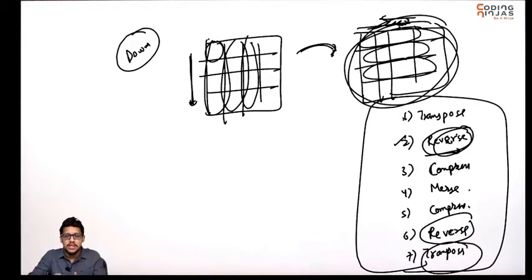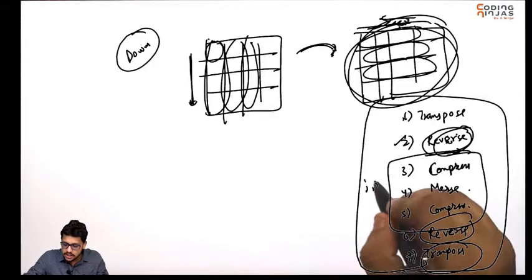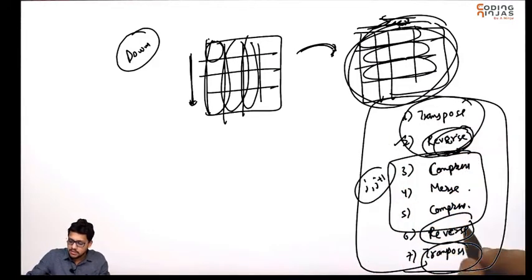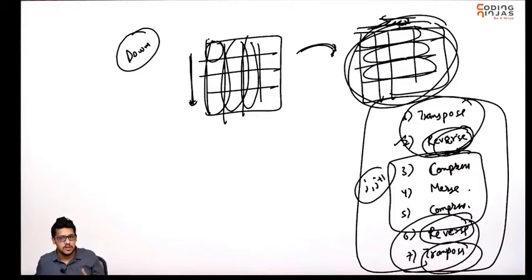So all of these movements can be applied with the same logic as you applied in the case of left move, comparing jth and jth plus 1. Only these things matter. You just need to reverse it and transpose it according to the different situation, and you will be able to make all the movements, left, right, up and down, with a generalized approach. Okay, so I have explained the approach behind this. It's your task now to write the code for all of this and solve the problem which is given to you in the next question.